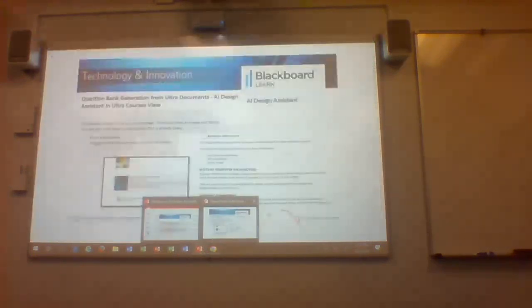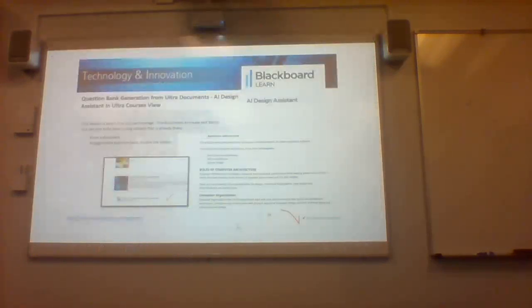So using this, let's say for example, expanding on what Sue just asked, in order for me to create the questions for my syllabi, the syllabi has to be copied and pasted into an Ultra document. Okay. And then just generate the questions. It just does it, and then you can just call it syllabi questions. Simple.